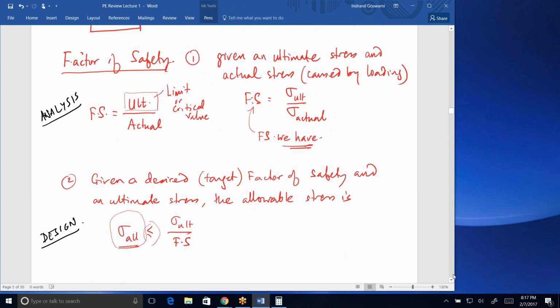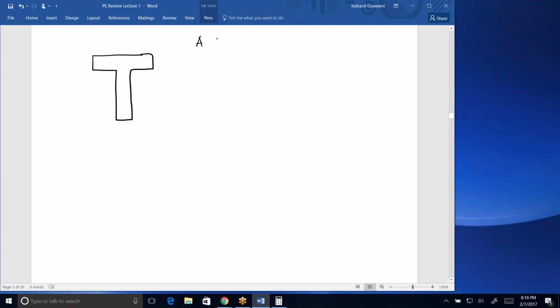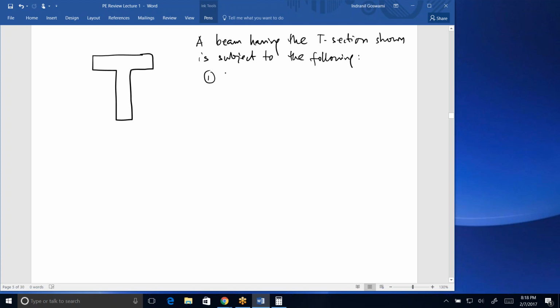So for example, okay, let's talk about, we talked about the rectangle and it was nice and symmetric and there are some canned formulas for it. But what if they give you something like this? If they tell you that a T-shape, so a beam having the T section shown is subject to the following: one, an internal normal force N equal to 18 kips at the centroid,